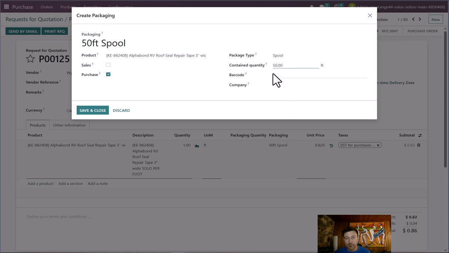Now, if this spool has a barcode and you happen to have a spool already in stock, you could just quickly scan the barcode and that would drop that in here, or you can type it in if you've got the barcode from your vendor's catalog or whatever, and that just saves you some time later, like receiving products, for example. If there's barcodes on your packing slips or whatever, you can just scan them and it's faster to receive. So yeah, but in this case we don't have it. So there we go, 1 50-foot spool for purchasing, and of course it's a quantity of 50 feet,